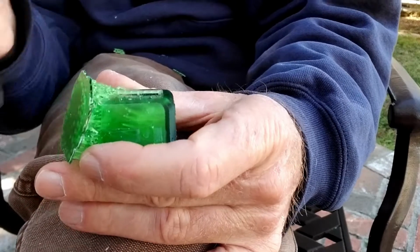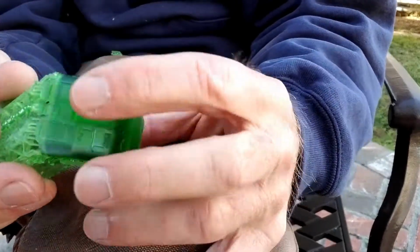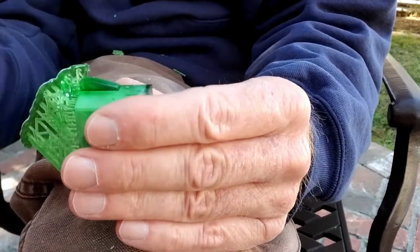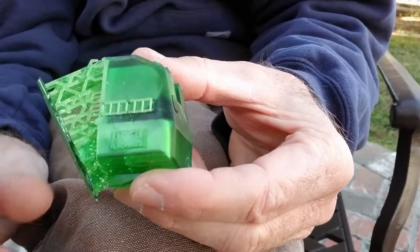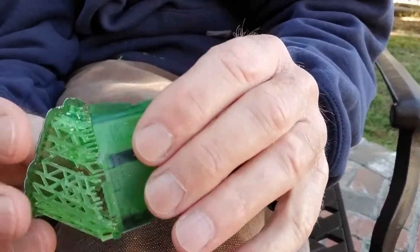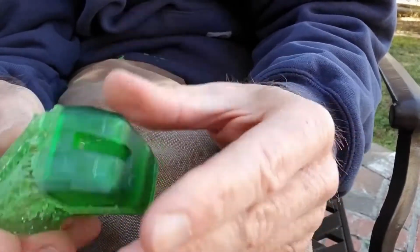So when you get to the rest of the stuff, I'll show you a little quicker way of cutting some things. But okay, so now I got most of the delicate stuff, the sprues that are attached to the delicate stuff, cut off, and I'm gonna